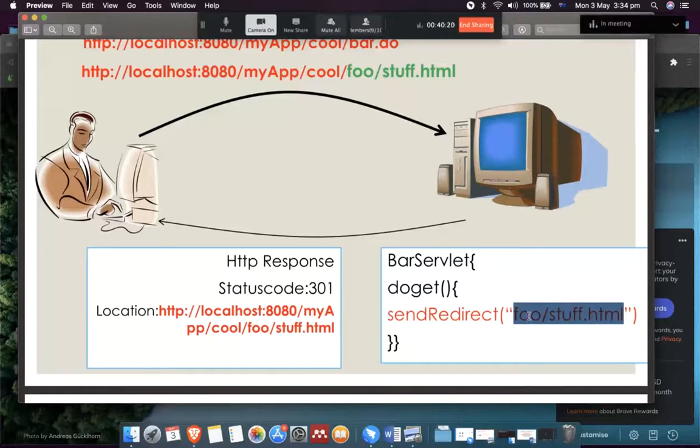No, the answer is no, because it doesn't start with an HTTP. It's a relative URL. So when we have a send redirect that starts like this,